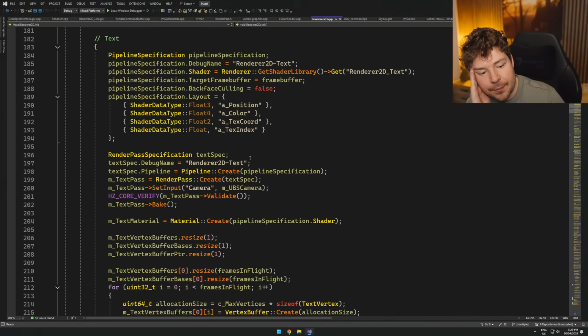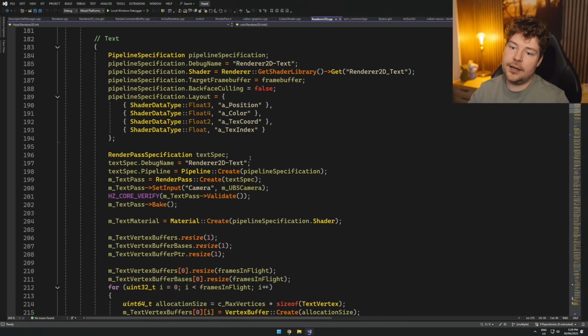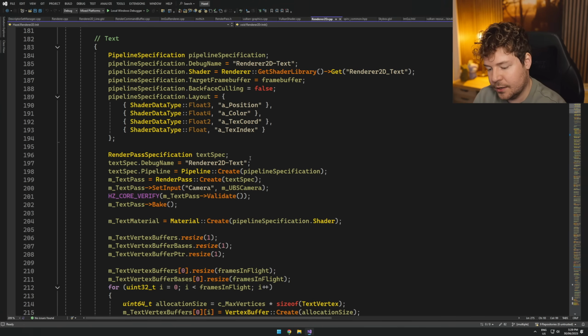So that means that either system can work and it doesn't matter too much. The only downside at the moment, I believe, with the way that this is set up, is that